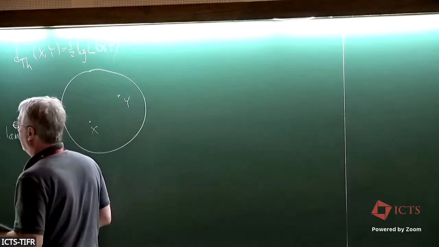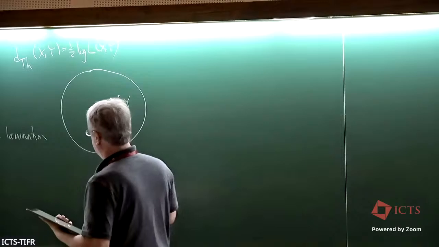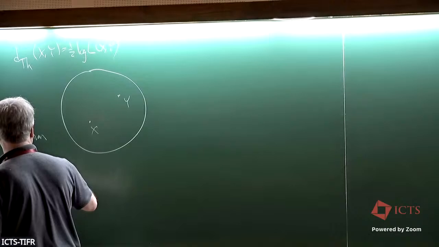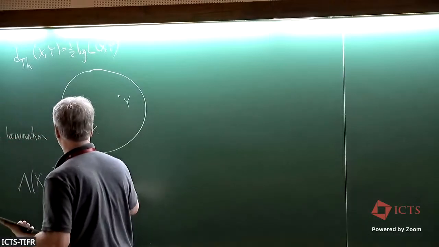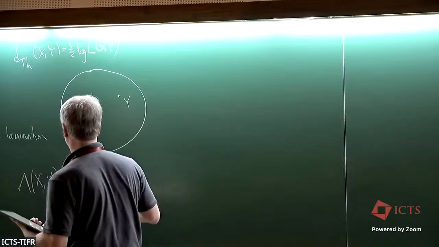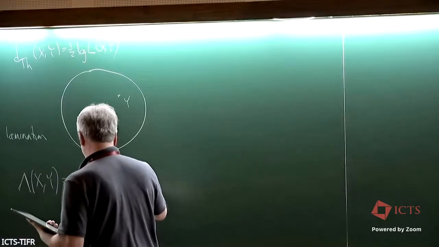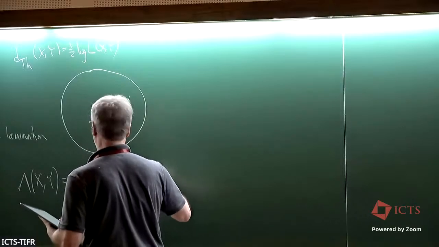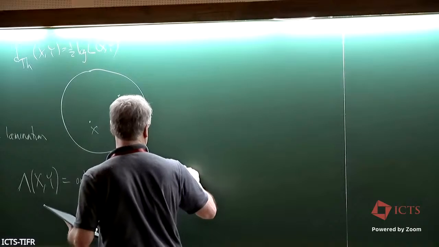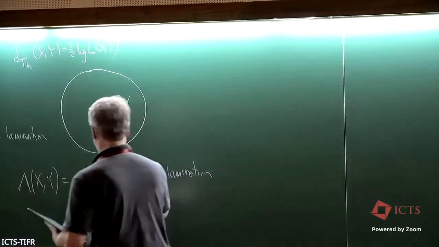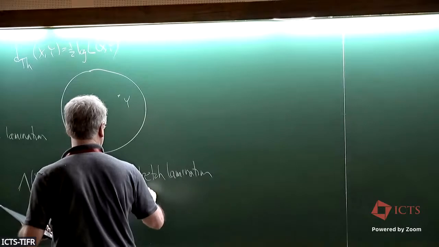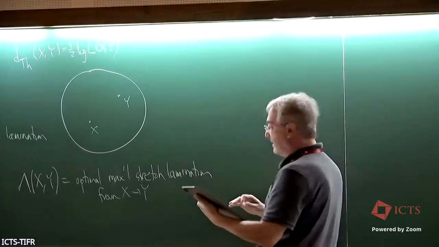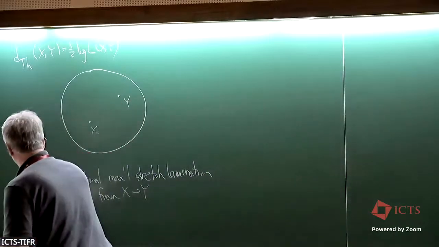Now, a basic invariant that's interesting is the optimal maximal stretch lamination from X to Y. Maybe I won't get too far into the details here. This is a lamination on the surface